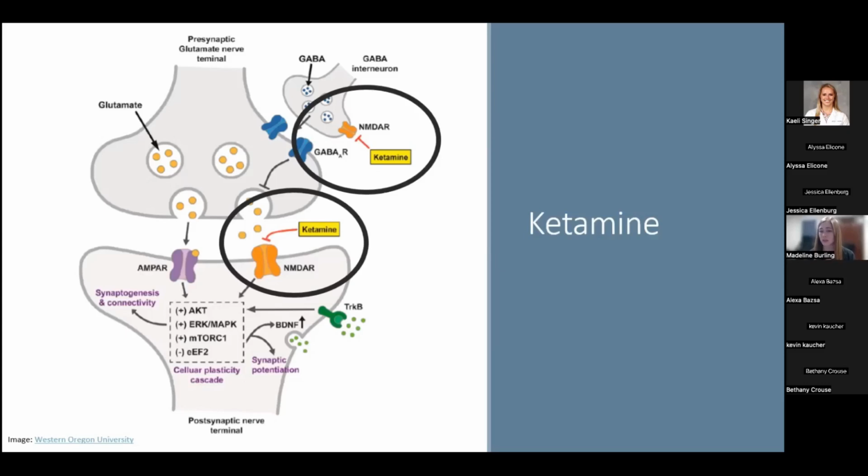It can have some adverse effects too, though. It does have emergence phenomenon up to 12%, and then nystagmus or diplopia. However, these are things that happen when they're coming off of the ketamine anesthesia. So this isn't typically something we'll see when we are intubating someone, because someone who's being induced with ketamine will have different types of sedation for the remainder of their intubation. So these aren't the reactions that we're really worried about, but there are other things that we can worry about